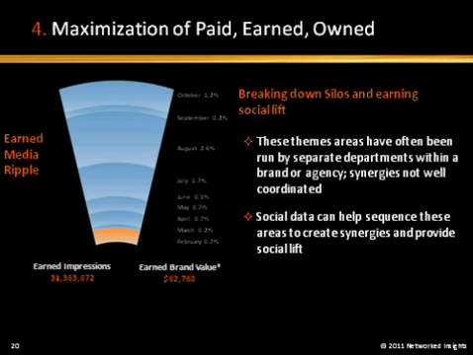So let's go on to the fourth one. The fourth one is maximization of paid, earned, and owned, sequencing of events. And so we as a company believe in sequencing of events, and whether it's owned first, paid first, earned first, it varies and it matters. And being able to put those things together becomes hugely valuable. The process by which you look at, what are these things that are going to happen? When are they going to happen?